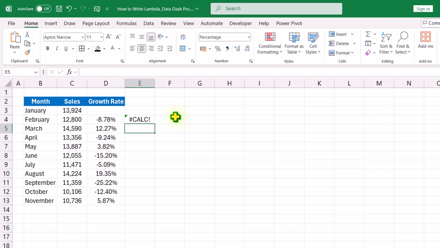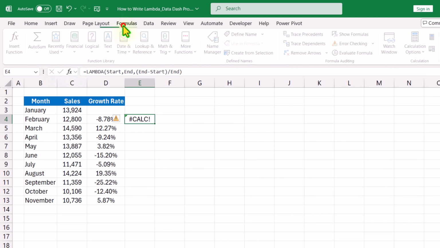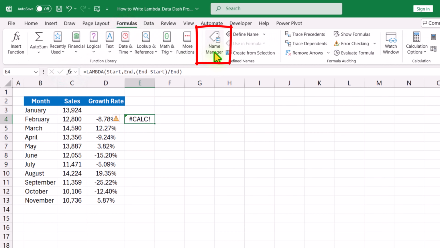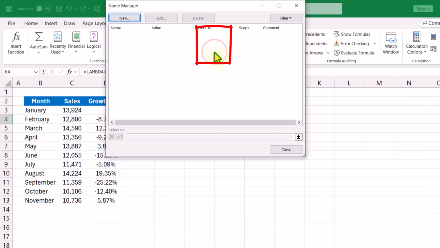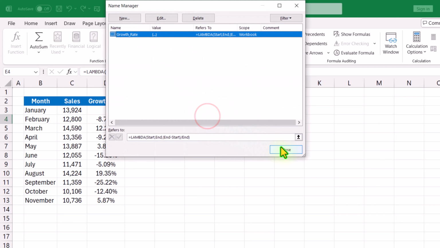But what I need to do is simply click on E4 and copy the whole formula, hit Ctrl C. Hit the escape key now and click on the formula bar, and here you can see Name Manager. Simply click on this one, click on New. What is the name for this function? In this case, let's say I'm going to define GrowthRate. And now I will remove everything in Refers to and simply hit Ctrl V and hit OK